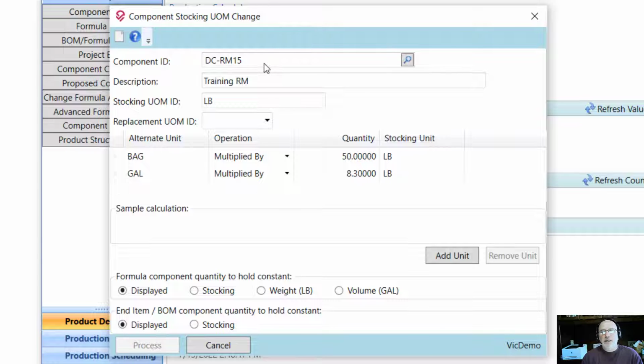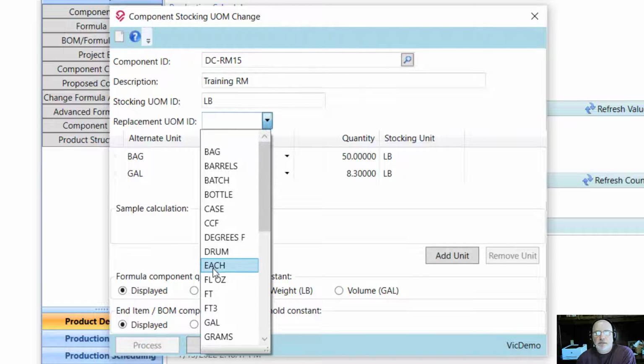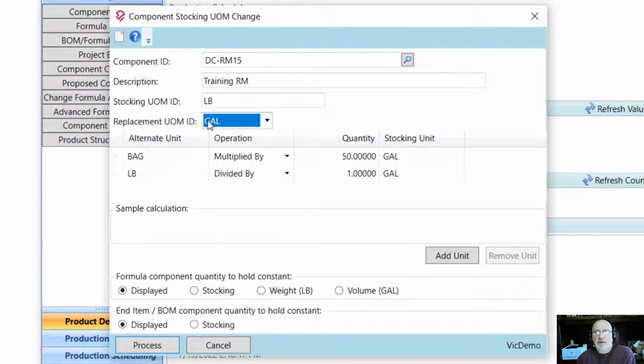DCRM 15, and what I'm talking about now is changing from a stocking unit of measure of pounds to some other stocking unit of measure. In my example, I'm going to go with gallons. Note that I already have a conversion factor, an alternate unit of measure, from pounds to gallons. Maybe over in my ERP system, I need to change that unit of measure. It's just working better for me if the stock unit of measure is gallons. Note that I've got a conversion factor here of 8.3. I can tell the system that I want to pick up the unit of measure gallons and make that